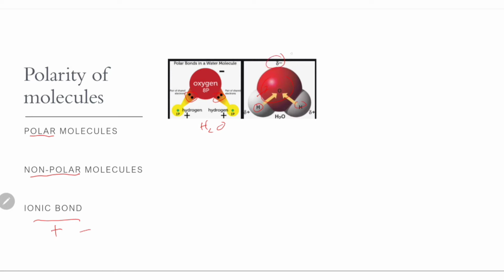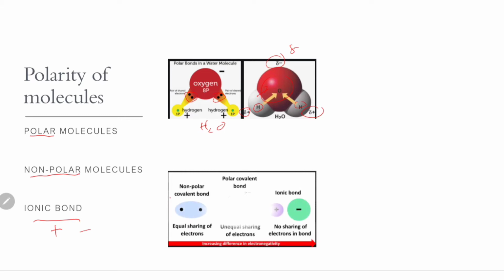We symbolize this as delta negative, so the hydrogen is delta positive, or positive pole. A molecule like this we call polar. So H2O is a polar